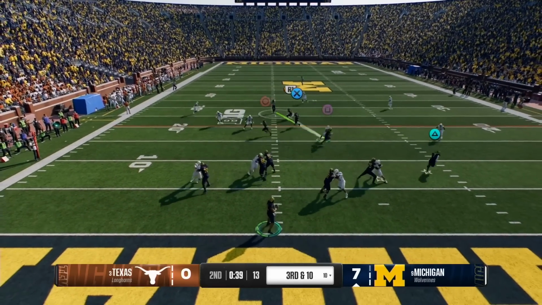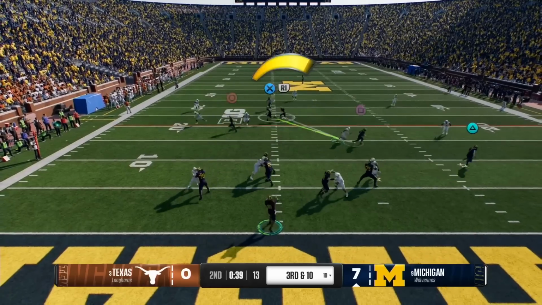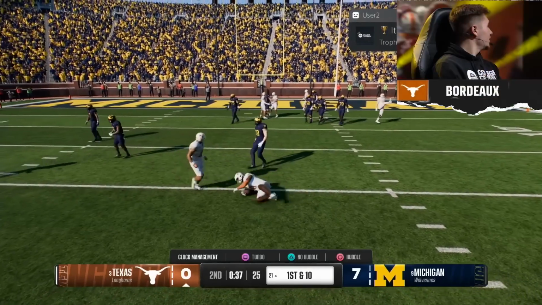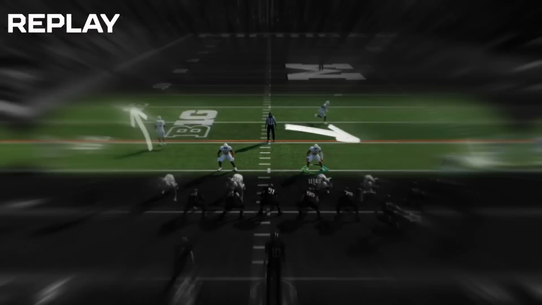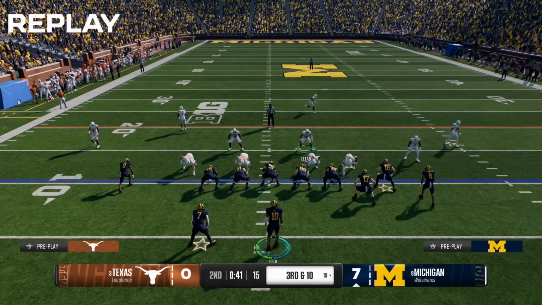They seem to really make a play on the ball when they're looking at it, and you can see right here, right back the other way, the Texas defense making a play on it as well. Bordeaux, was that a covered shell? Yeah. Okay. So I had cover 3 out there, and I switched it to cover 2. Okay. That is a major change. Adding in these coverage shells, taking the old version of what is baseline, and now instead giving you the ability